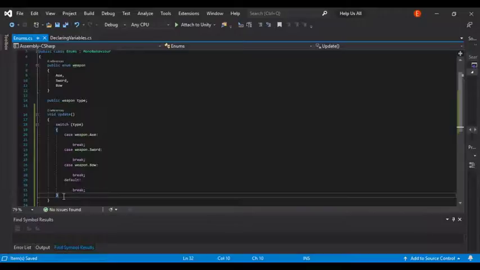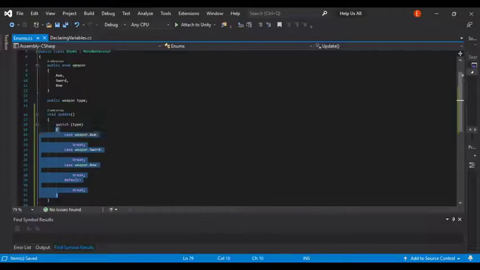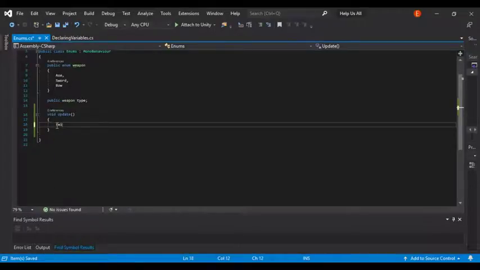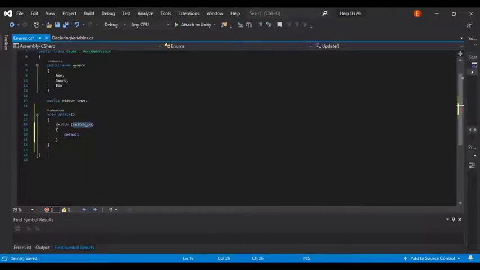Before you touch the curly braces, just press enter. Then press tab where it says switch. Then you enter what the switch should look for, which is going to be type.